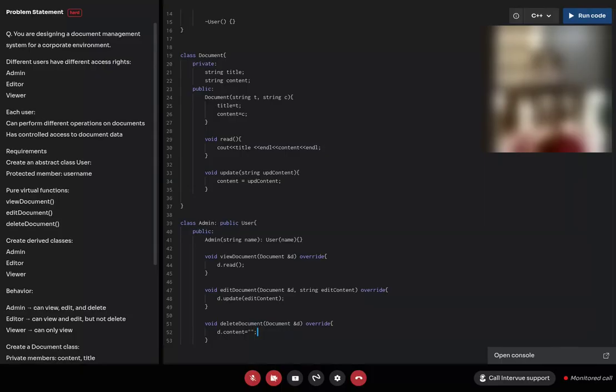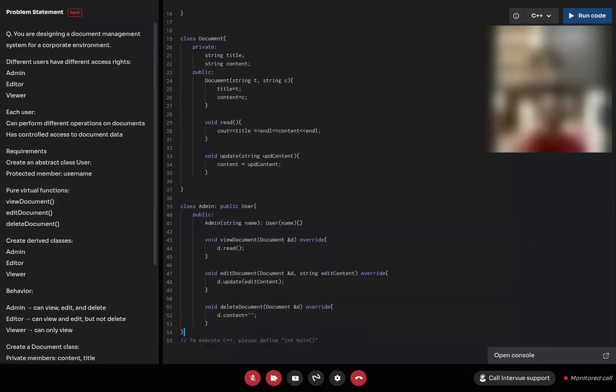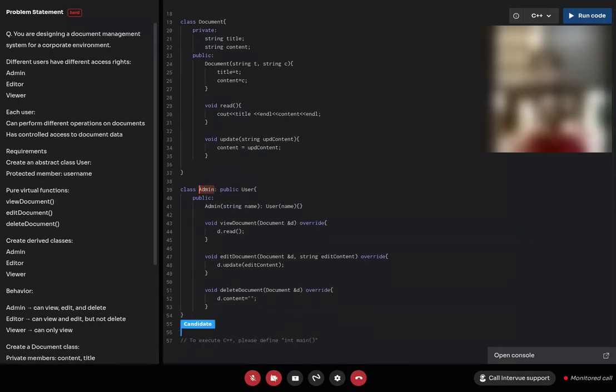This is what you mean by delete, right? Yeah, perfect. Here the admin user has access to these methods, view, edit and delete. Instead of editor, can you implement a viewer class here? Okay, fine, I'll do that, the viewer class.